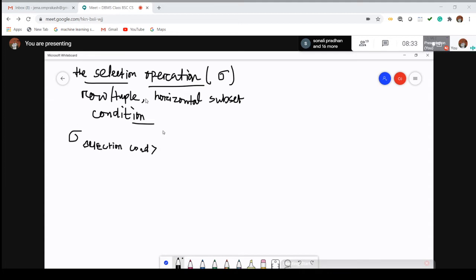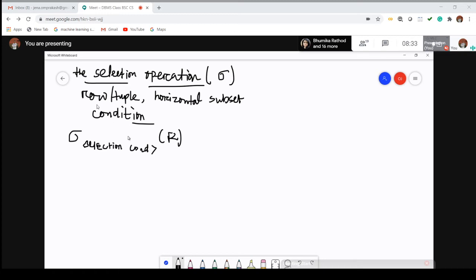Then it will be the name of the relation. Okay, you can read it like this: select the condition of the select from the relation R. Completed.